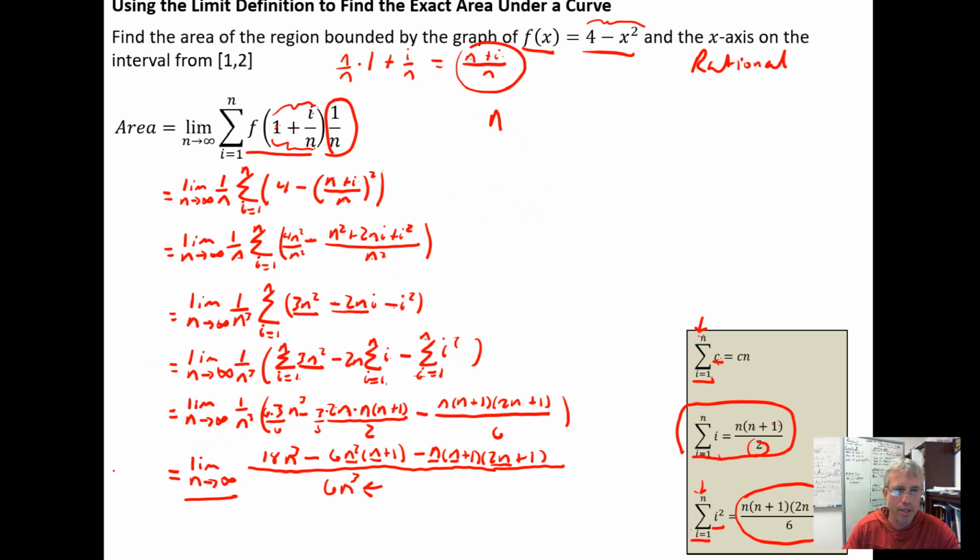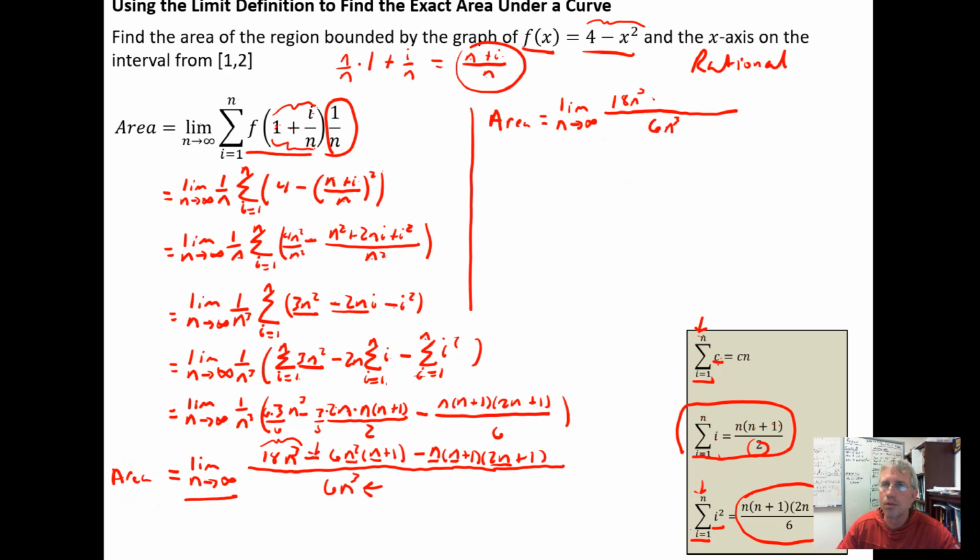So the key here is I'm going to take and find the area. So I'm going to bring my calculation up to the top of the other page so that I have some room. I'm going to find the area, which is equal to the limit as n goes to infinity of, because I have a rational function, I only am worried about the highest degree term in the denominator, which is the 6n cubed, and the highest degree term in the numerator. But the highest degree term in the numerator is going to come by combining the third degree terms from the numerator. So this limit is the same as taking the limit of 18n cubed